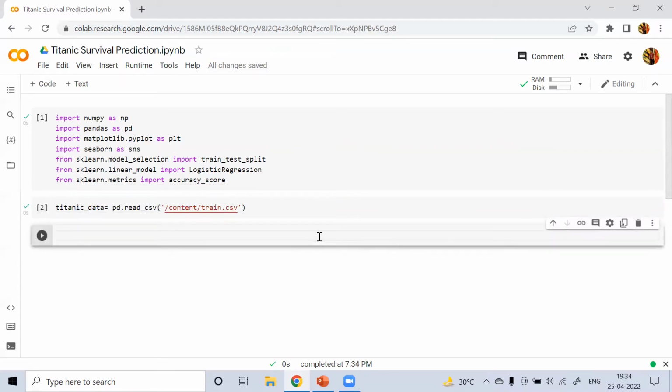So our data has been loaded to a pandas data frame. Now we will print the first 5 rows of the data frame, which we do by using the head function, dot head.